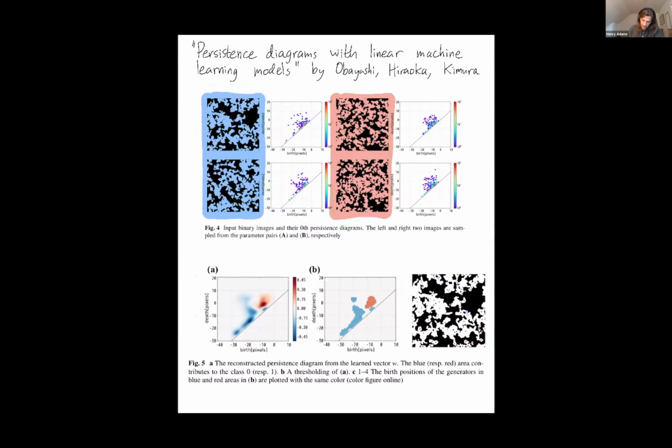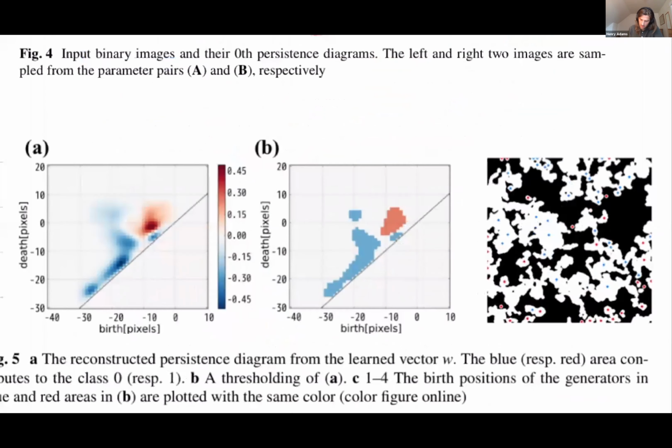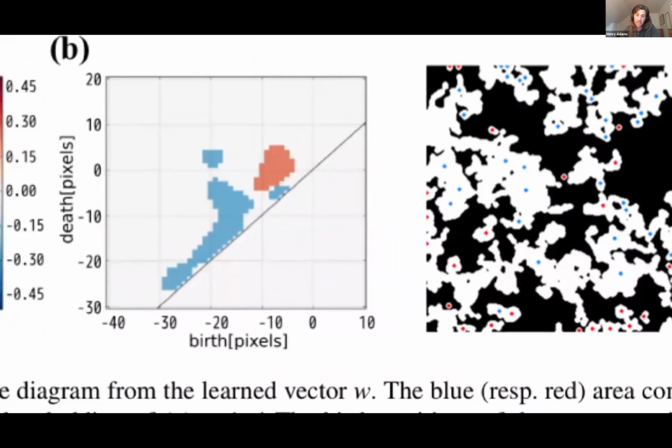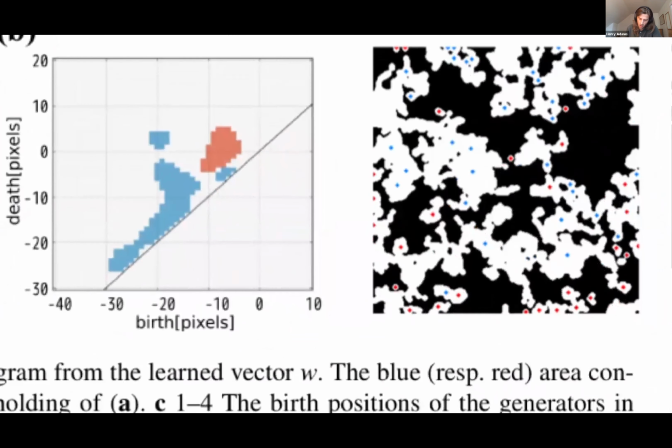Now you can take a particular material sample and zoom in and ask: as I increased the scale and expanded the space, what were the holes that biased me towards guessing this was of the red material type, versus the features that biased me towards guessing it was the blue type?